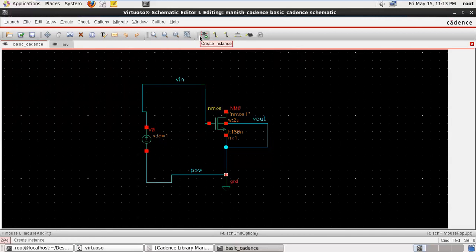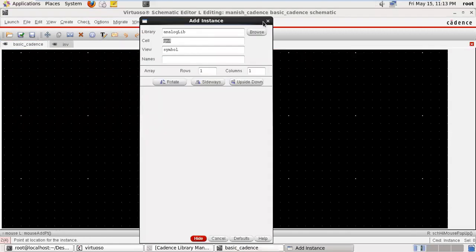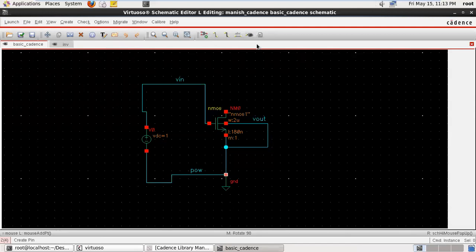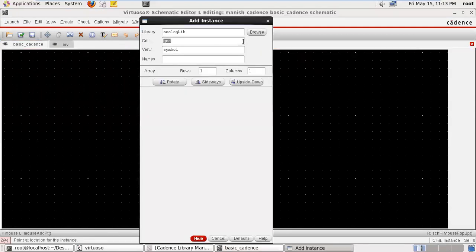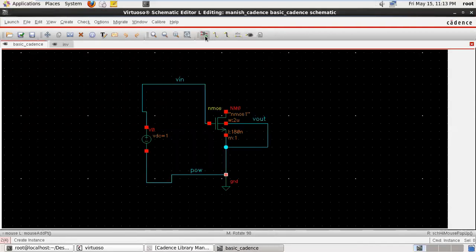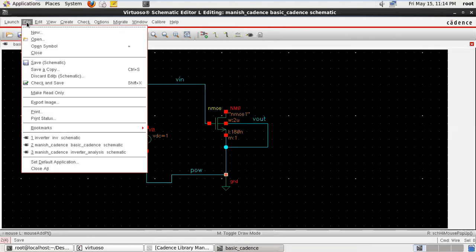That is the generating of different components. Create, start, press I. You can generate this through the I pin, or just click on this. You can generate the wire by using this, activate the wire, or press W. Okay, this is the thick wire, this is for the rename. Okay, so file, open, the same window is here. Okay, so check and save.